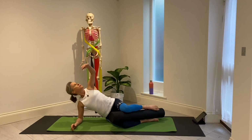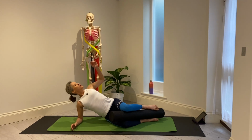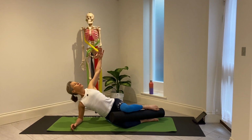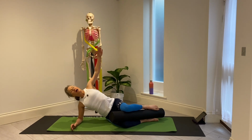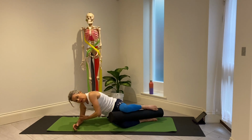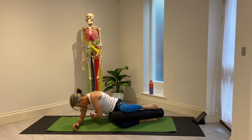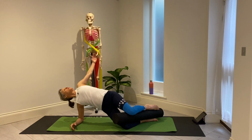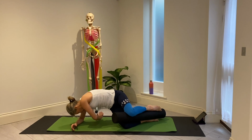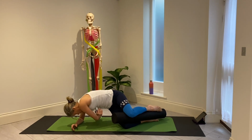Let's breathe in, open up. So try and lift up and out of the shoulder. You don't want to put any strain into that shoulder. Open up. As you exhale, pull away from the shoulder and the elbow. This is one option. If you'd like to stay here, if you are taking any strain in the shoulder, you can stay here. Otherwise, you can breathe in, open yourself up, and as you exhale, you bounce into that rotation,